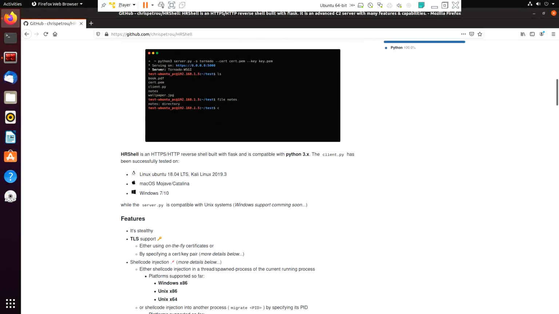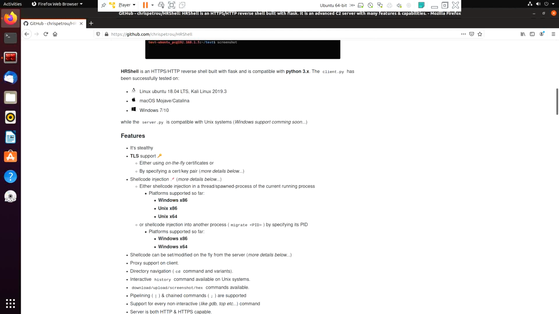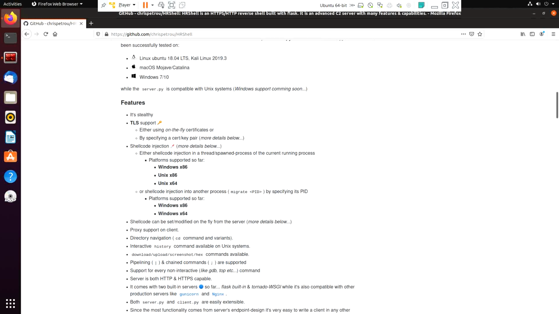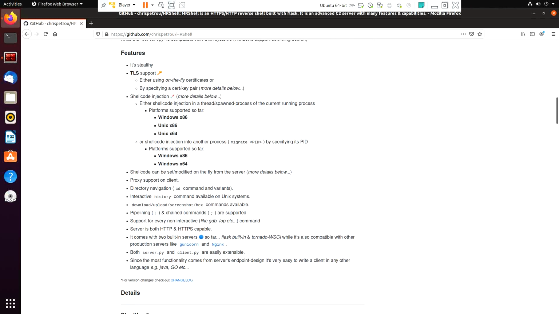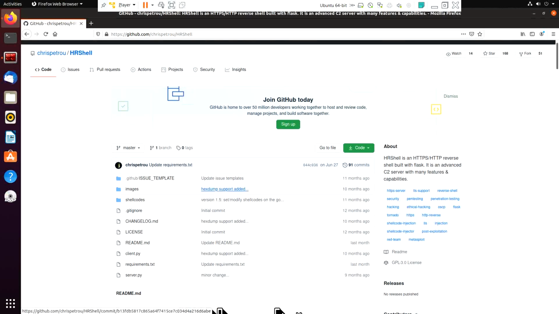Now HRShell is built using Python's Flask framework and is compatible with Python 3. The features it supports are: it is stealthy, it also enables TLS support, it also supports shellcode injection, it has proxy support for the client, it also has piping, navigation, etc. other features. So let's get started into the demonstration of using HRShell on gaining our reverse shell on the base